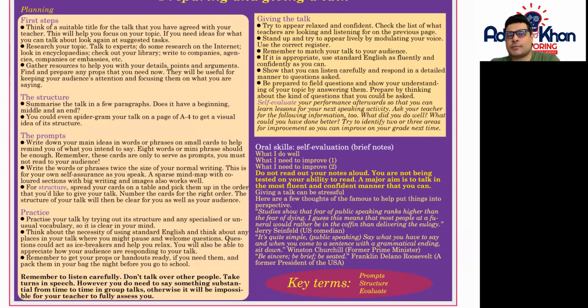Some of the first steps of planning: you've got to think of a suitable title and a subject area that you'd like to talk about. So you need to research your topic first of all. Maybe talk to experts, do some research on the internet, look at encyclopedias, maybe even go to the library for this. You need to gather resources, arguments for and against a particular point, and why you've decided to go for this topic. So in terms of the structure, to summarize the talk in a few paragraphs,